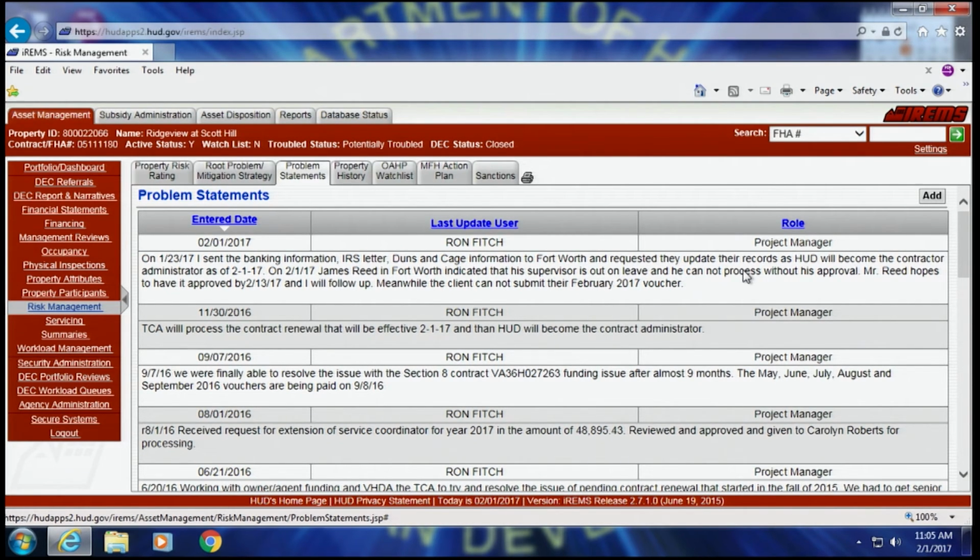This could be you went out and did a management review and you found certain conditions that you felt were relevant to put in here. You could put in here that a management agent change is required. You could put in here that a TPA has begun processing, but for whatever reason it has stalled. You can also put in here information about your risk rating and nuances that are not captured in the reporting criteria that's required under MACOD for risk rating per your calls and current guidance.